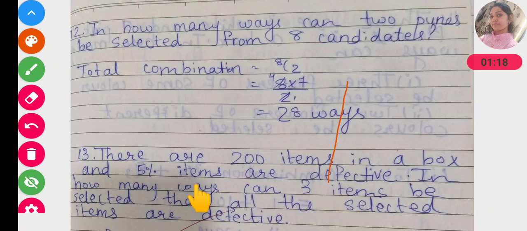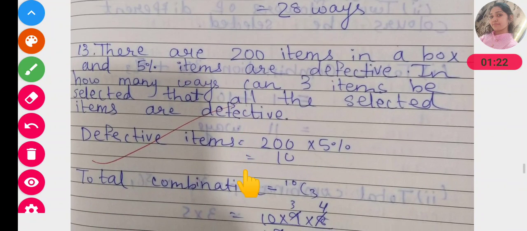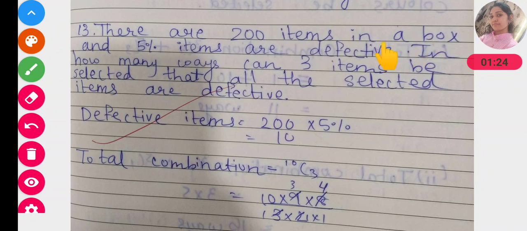Now the next question. There are 200 items in a box and 5% items are defective. In how many ways can 3 items be selected such that all the selected items are defective?